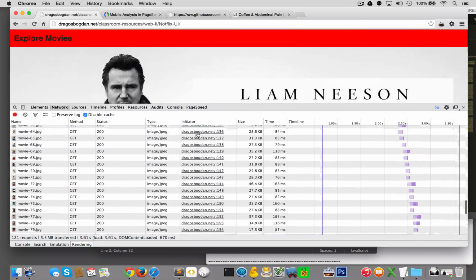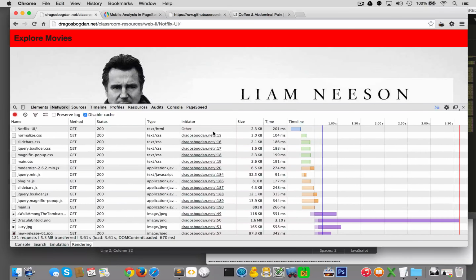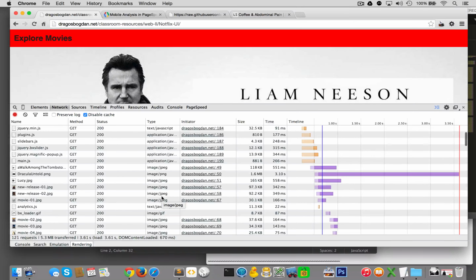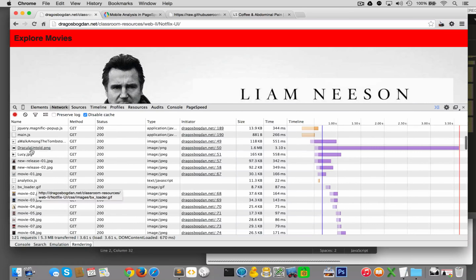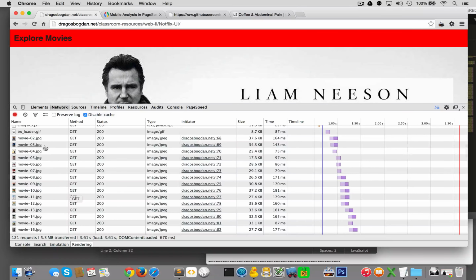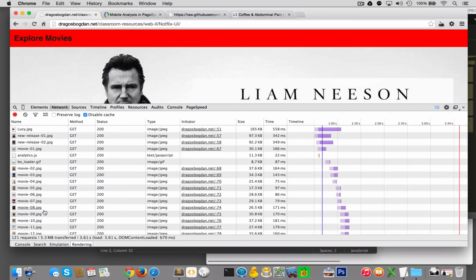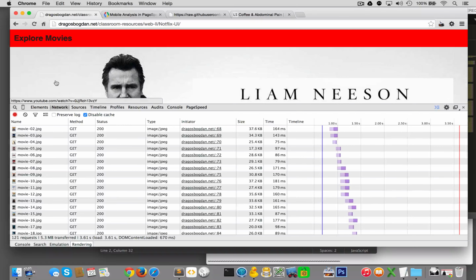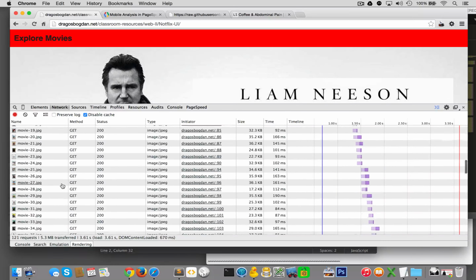Well, one of the things that we did to optimize our page was actually optimize the images that we had to make sure that any unnecessary space was eliminated. We did that to a number of objects. Obviously, something like Dracula Untold was just really easy to bring down considerably. But there's this business with all these other little guys over here that are seriously increasing the download time of